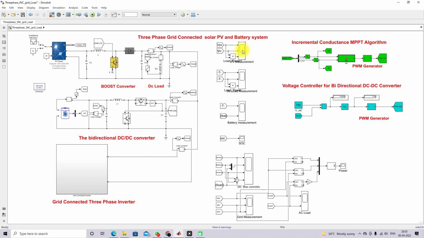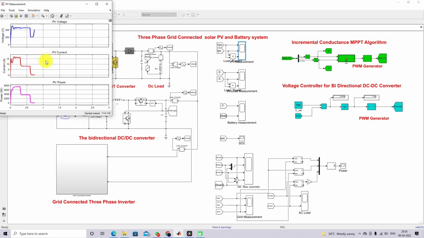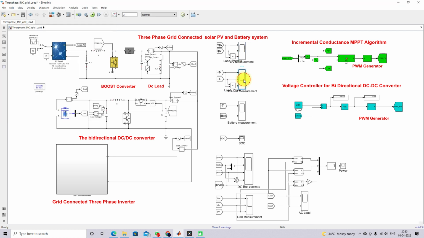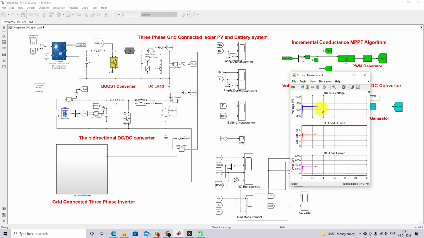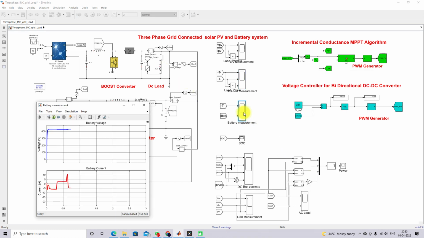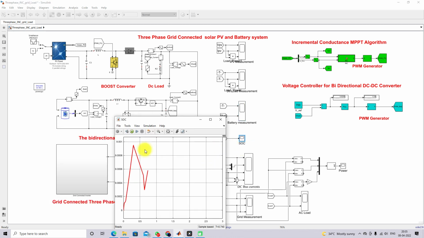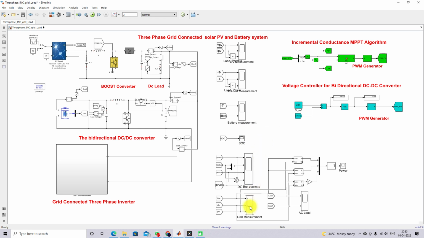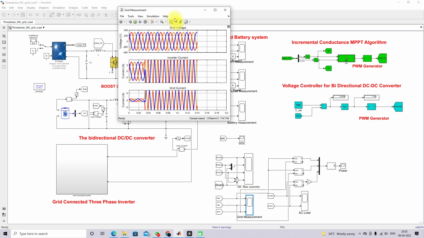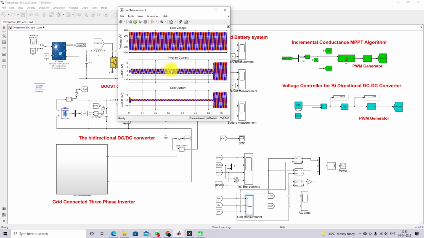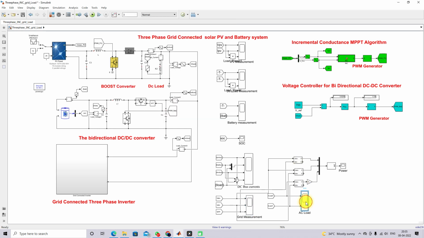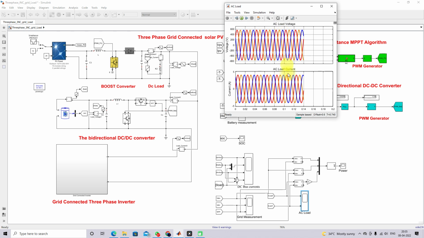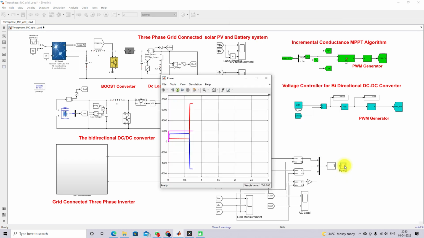So this will be used for measuring the PV voltage, current and power. This will be used for measuring the DC bus voltage, DC load current and DC load power. And this is used for measuring the battery voltage and battery current. This is used for measuring the SOC of the battery. And this is going to be used for measuring the grid voltage, inverter current, grid current. This is used for measuring the AC load voltage and current, and this is used for measuring the grid power,